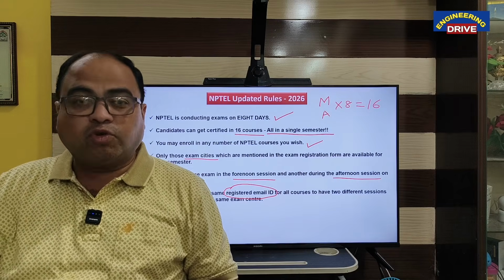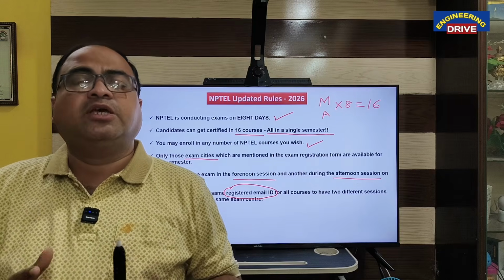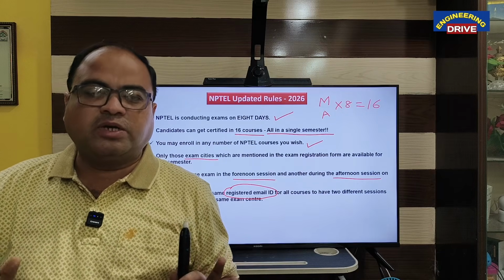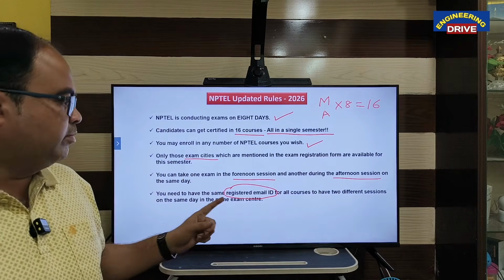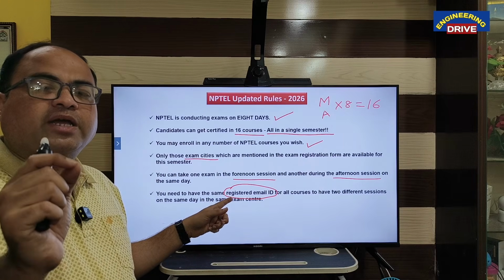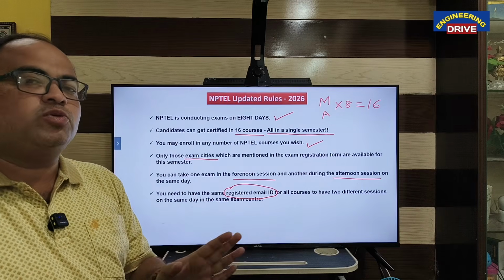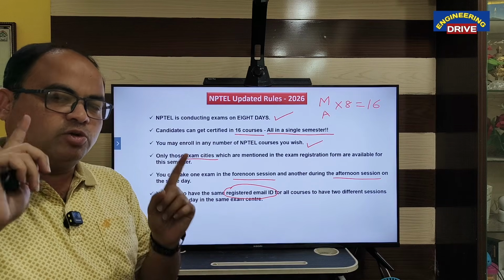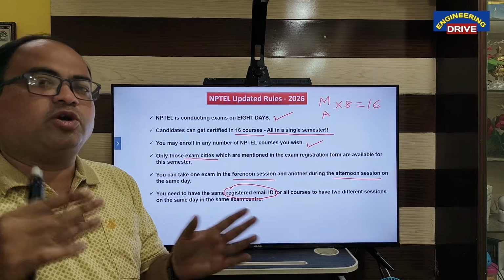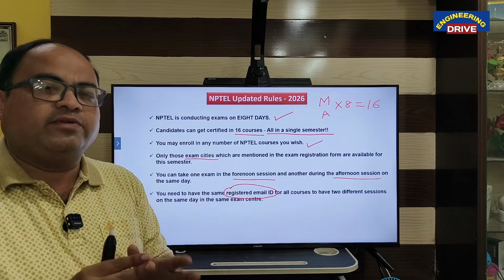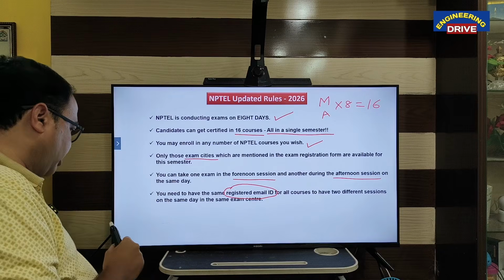If you are registering for the 4 exams, then also there will be no collision with your exam center or with the sessions. So dear students, all of you, remember this point. Registration of email ID is very, very important. Use the same email ID for however many courses you are going to register. It doesn't matter, but use the same email ID so that you will not have the problem of different centers or different sessions, or one session colliding with another session. You will not have this type of problem. This is a very, very important point.